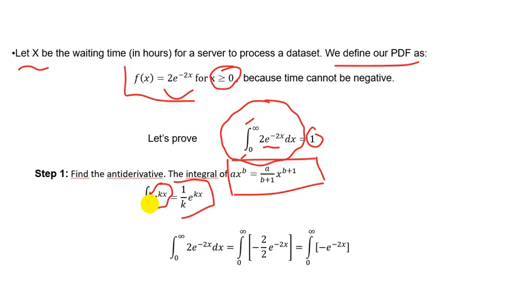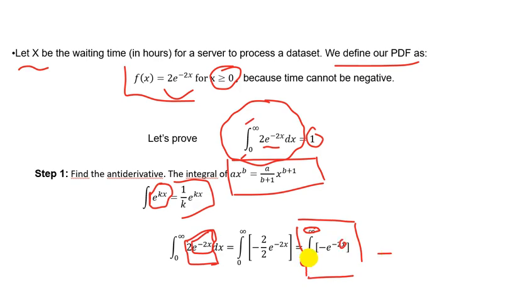For our example here, the antiderivative of this is minus 2 divided by minus 2, so we get minus 1, and we keep our exponential the same, so it is minus 2 over 2 exponential minus 2x, and this is our final result. Now let's replace x with the infinity, the upper limit, minus we replace